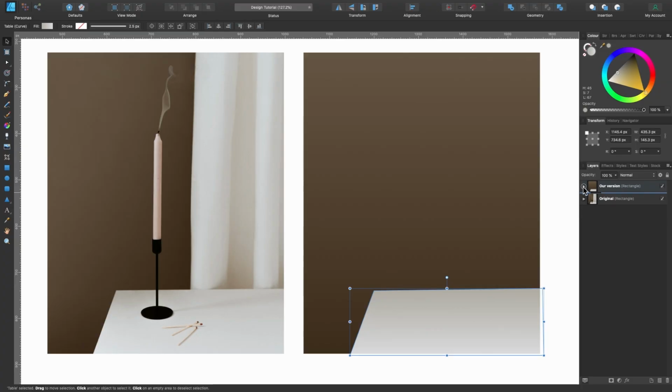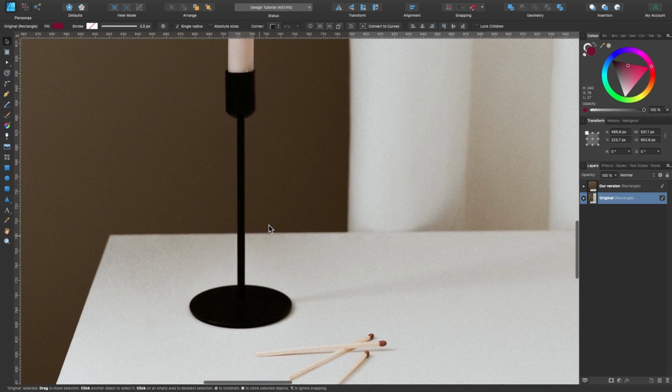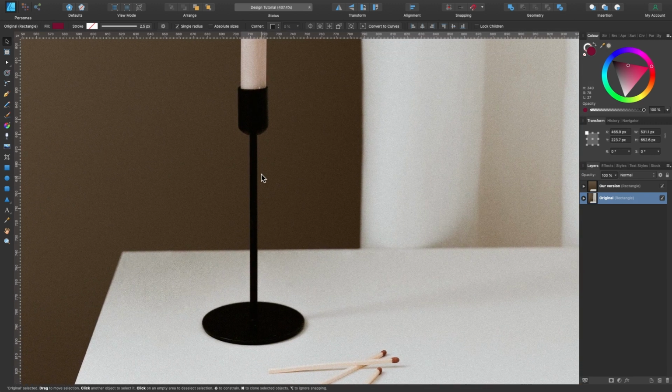Okay, in the Layers panel, let's just close that up. And let's head on over and create this candle holder. So looking at it, I can see it's just a bunch of shapes really. This is an egg shape, kind of, that you can make from a circle. This is like some kind of line. We can make this from the rectangle tool. And this is another thing we can make from the rectangle tool. It's a square that's elongated and it's got some rounded corners. So let's start doing it step by step.